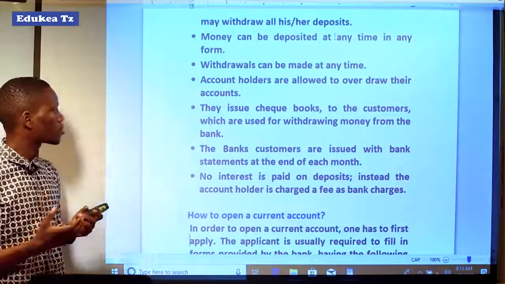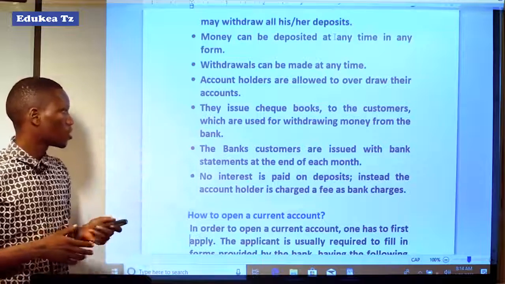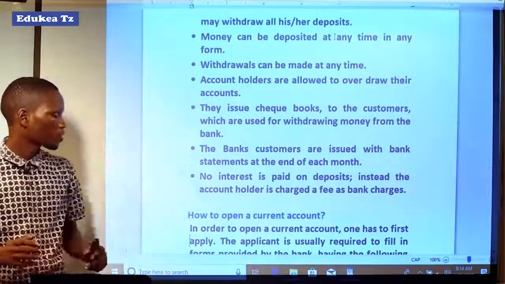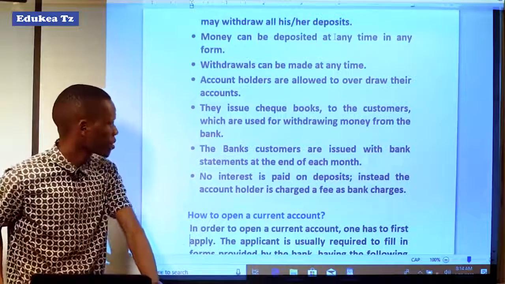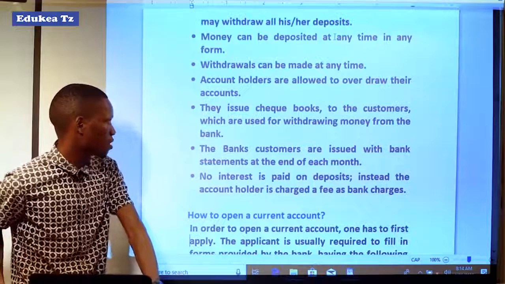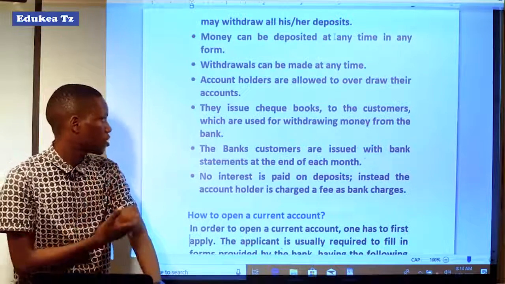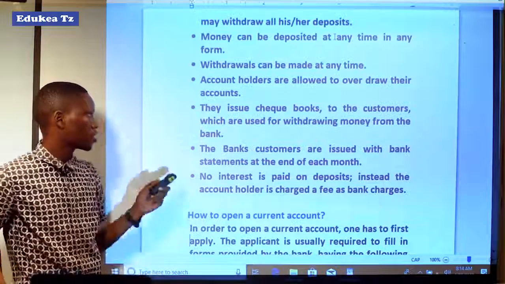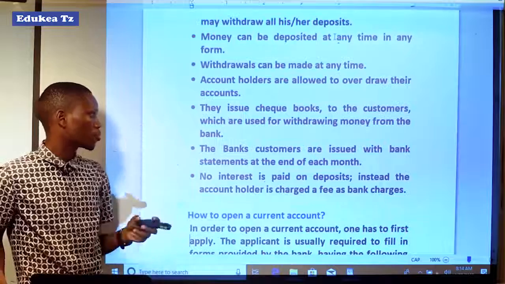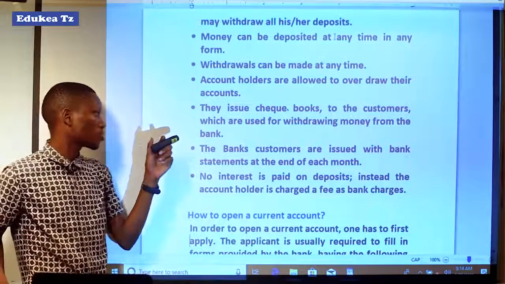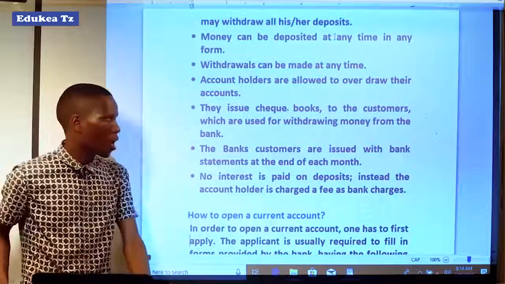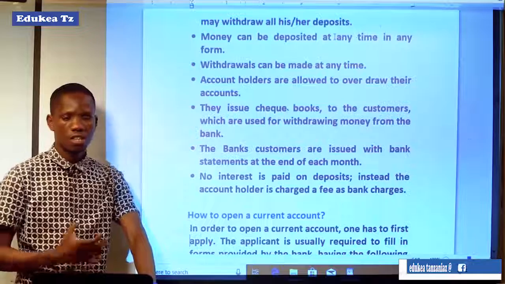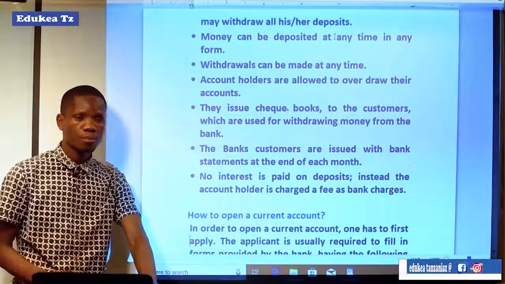This type of account, they issue checkbooks to the customers, which are used for withdrawing money from the bank. We have seen in the other types of accounts that there is provision of checks. Also, even in these types of accounts now, there is provision of checkbooks to the customers, which are used for withdrawing money from the bank, as these checkbooks now contain the details or the data for the